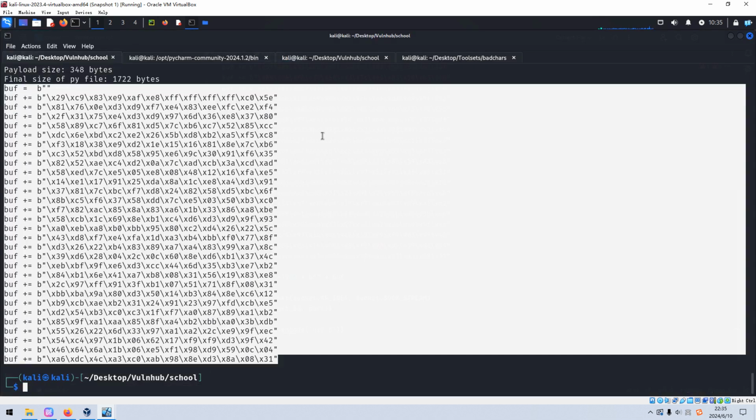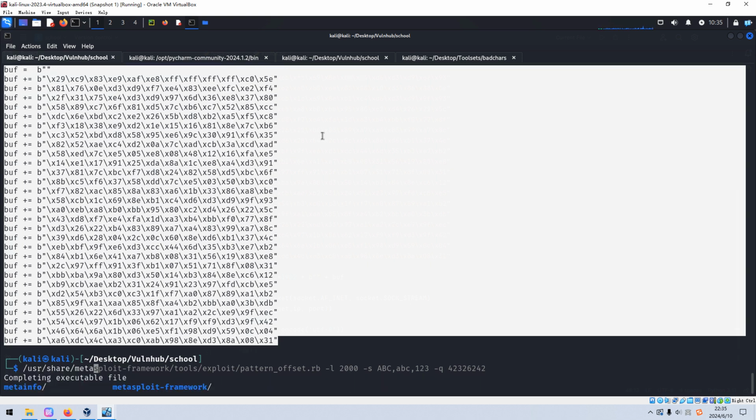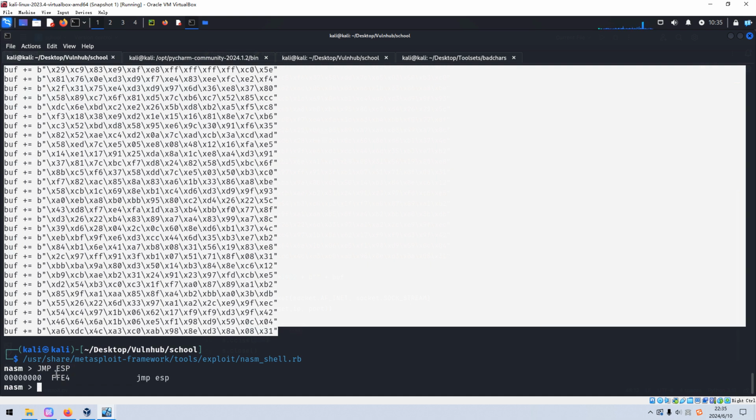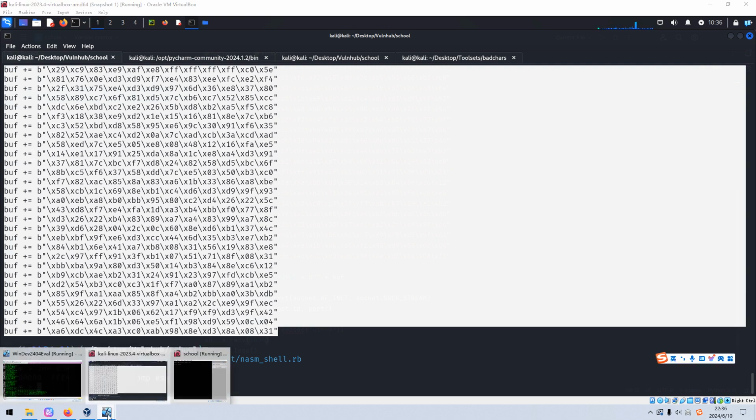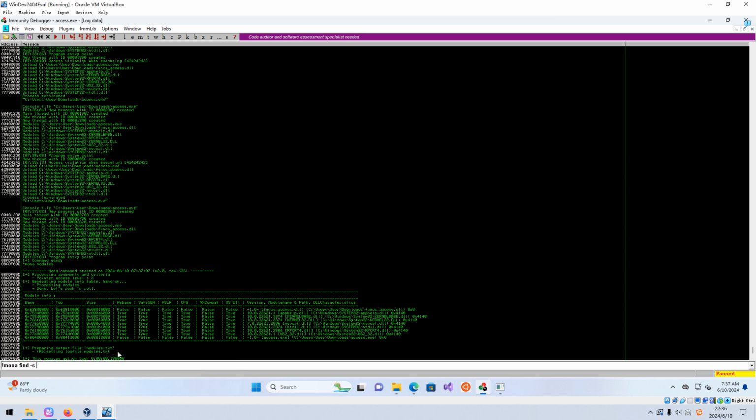We can use the Metasploit tools, nasm shell, jump ESP. So it should be FF E4.